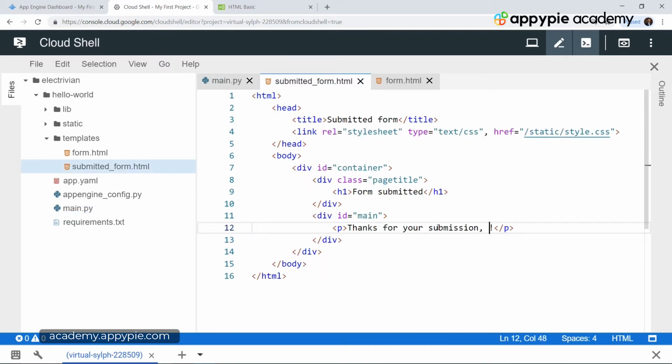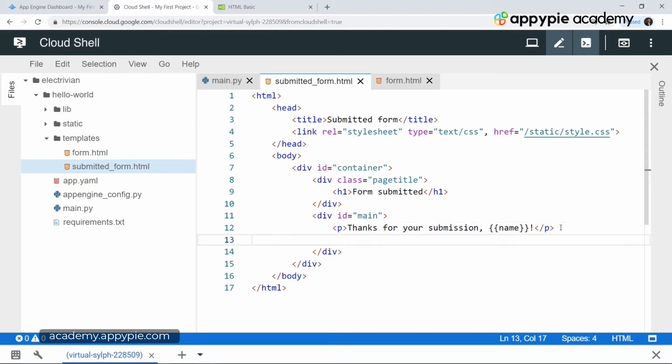To use any variable or any code from the Jinja templates, you need to add two opening brackets and two closing brackets. Anything you put in between these opening and closing brackets is executed as code. So you have name over here. This essentially means that you have the value of name occupied at this place, and you have a space after the comma which you have given yourself. So now we have thanks for your submission and whatever is your name, followed by an exclamation mark.